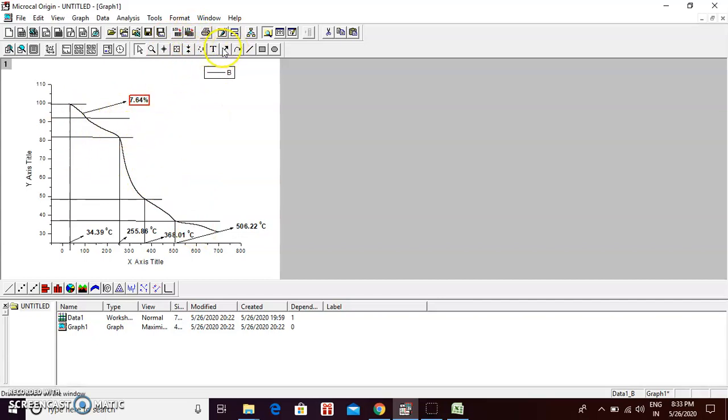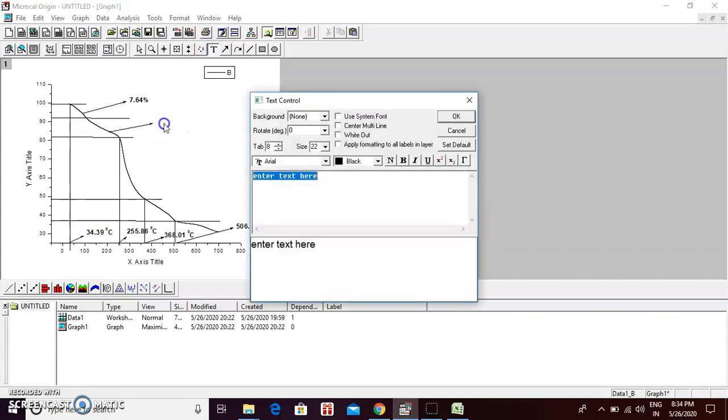As you can see in this second stage, the degradation starts from 91.8 and ends at 81.54. So 91.8 minus 81.54, you get 10.26 percent. So here is your percentage. You just click 10.26.